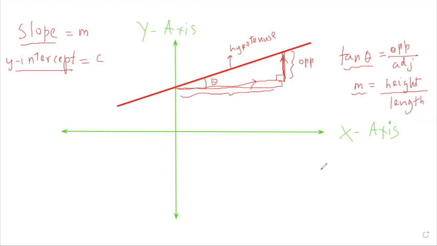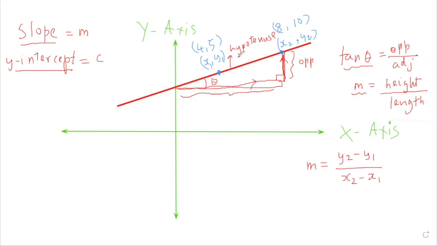We of course know the very popular formula for slope. Slope is y2 minus y1 divided by x2 minus x1, where x1, y1 and x2, y2 are any two points on the line. So if you just know two points on the line, x1, y1 and x2, y2, you can find the slope. Let's just take some random values. Let's take 4, 5, and 8, 10.